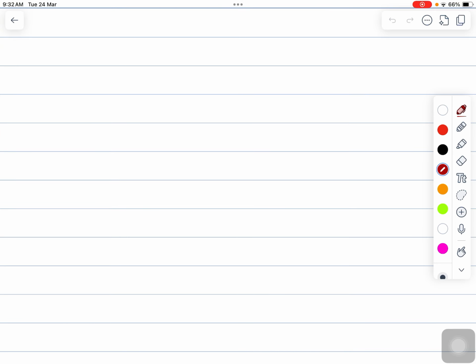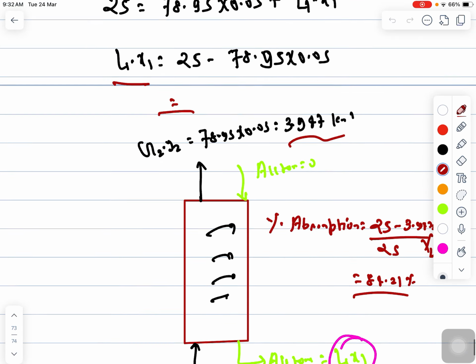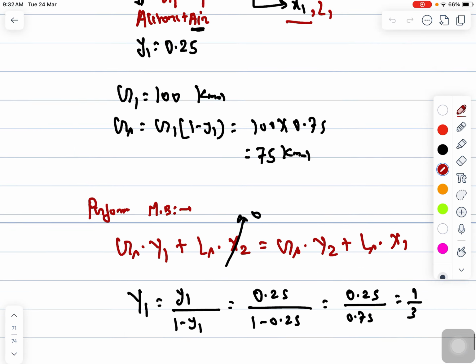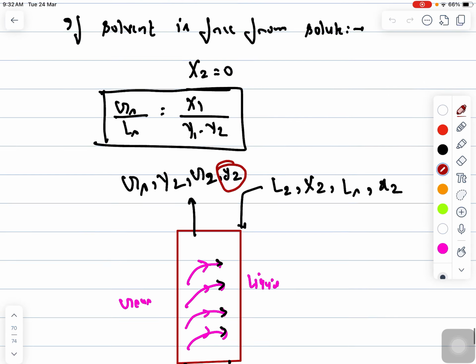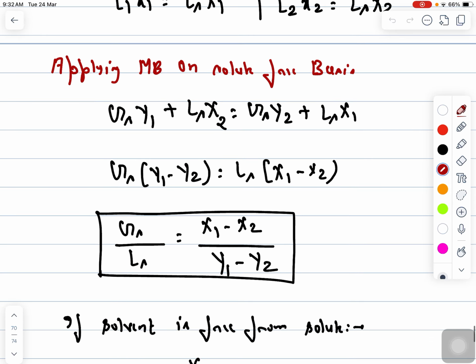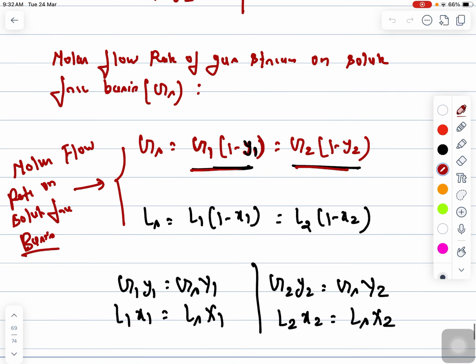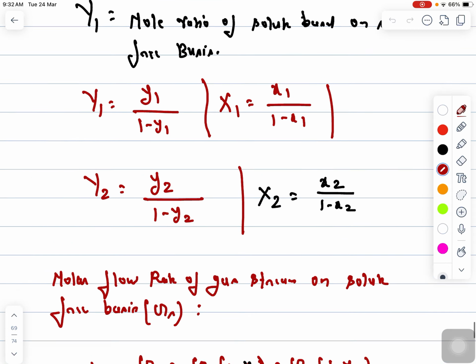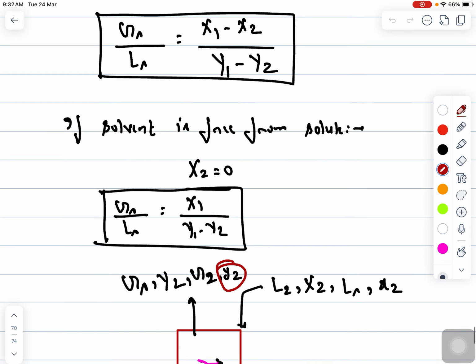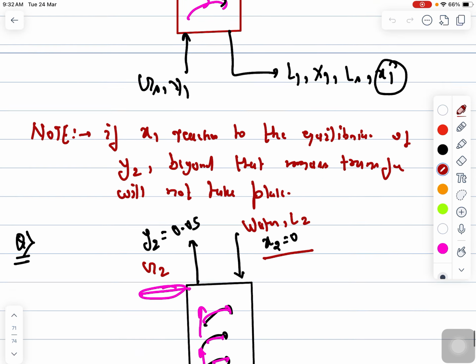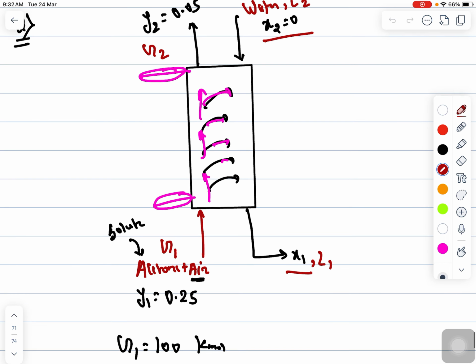Hi everyone, I welcome you all to the next lecture of stoichiometry and process calculation. In the previous lecture, I talked about absorption mass transfer and material balance in absorption mass transfer, which basically comes under the topic of material balance without chemical reaction, right? And we have observed how much solvent is required to separate a particular